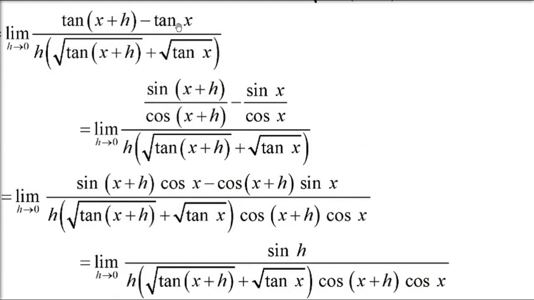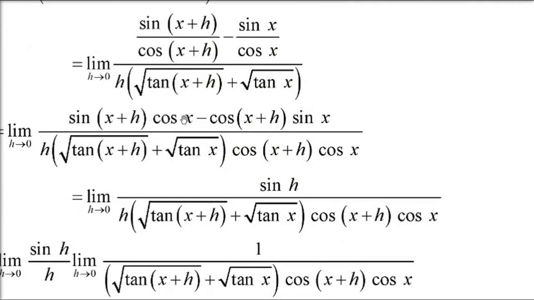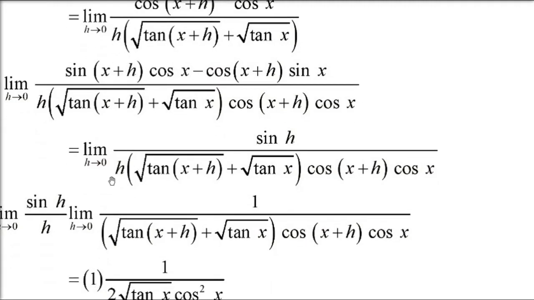So now you can write it as sin by cos. So it will be sin a cos b minus cos a sin b, and in the denominator you have cos and cos. This is sin(a - b), so x plus h minus x: x plus h minus x cancel. It will be only sin h. Only sin h will be there. What about the denominator? You have h here. Okay, now this sin h by h.